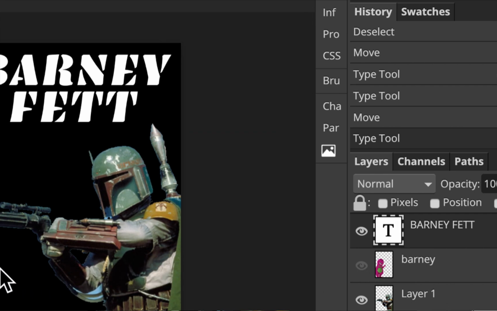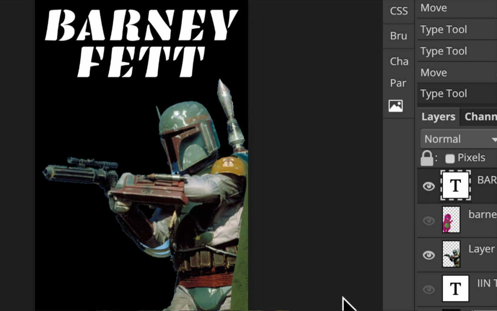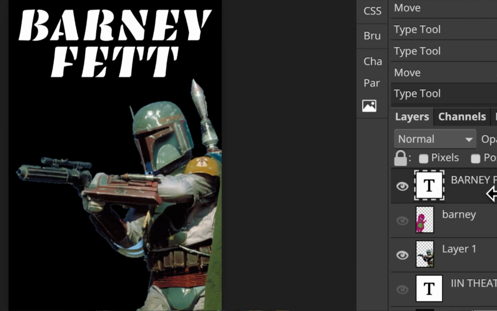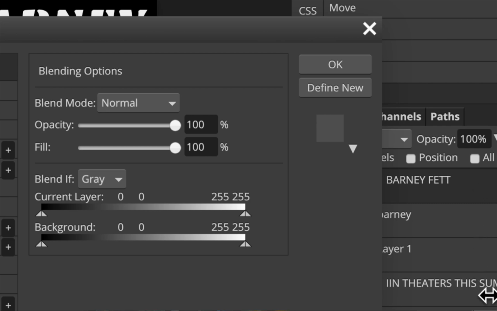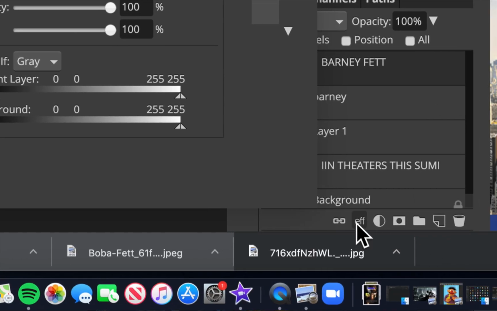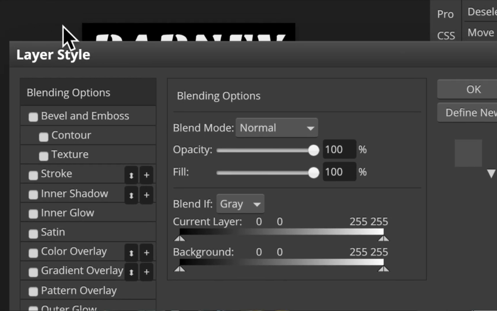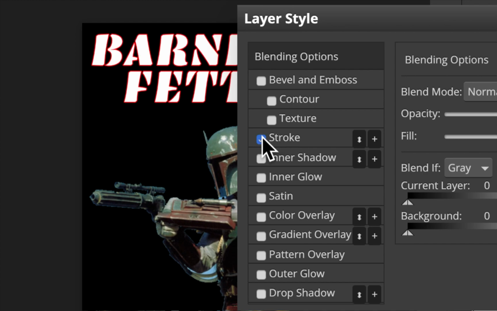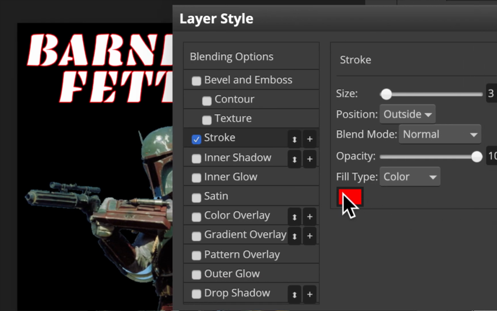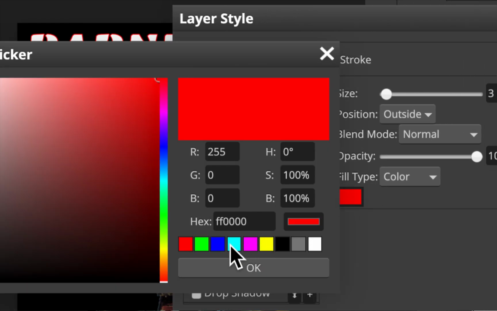This is something we've gone over in class 1,000 times. If you go to your layer and double click on the layer, or go to the bottom of the window and click where it says effects, you'll get this awesome window, which has our layer style options. This is where you can start adding a stroke, and see, now it just added a red stroke. If you click on the word stroke, I can change the color of the stroke to whatever color